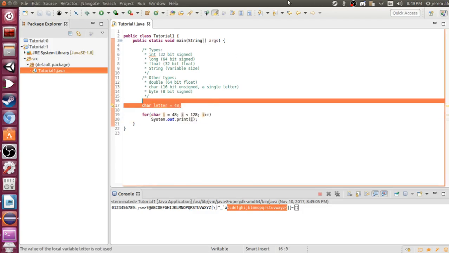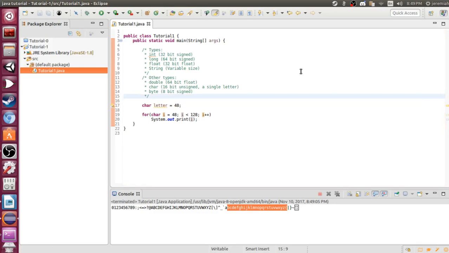So a string isn't really text. It's actually just an array of numbers, and the numbers are of type character. And we can represent this by